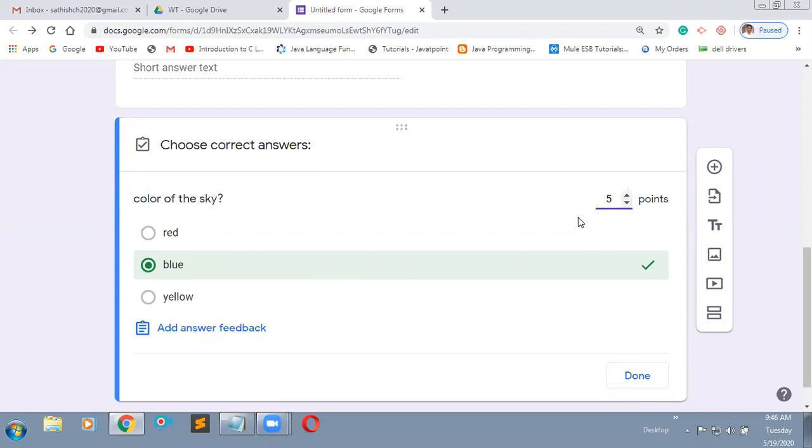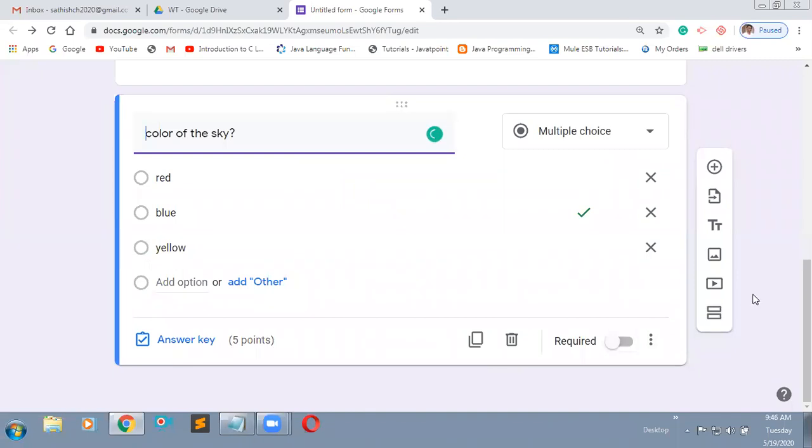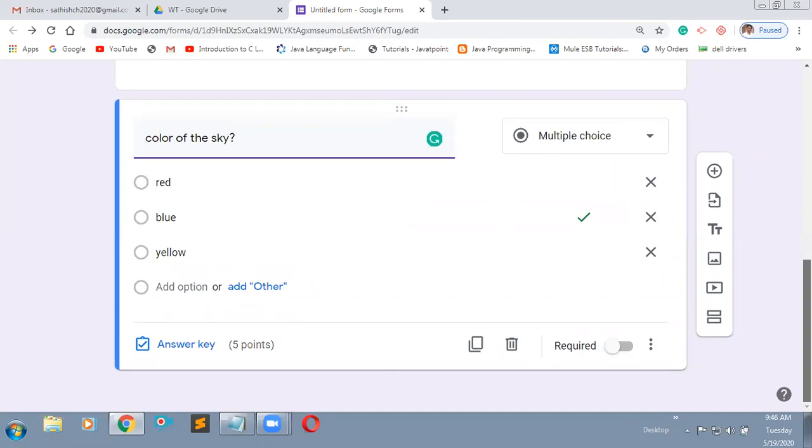Like that, you can create more questions. After modifications, just click on done. Now it will become one question. Like this, you can create n number of questions, like 20 questions. After 20 questions, you will have one option, the submit option.